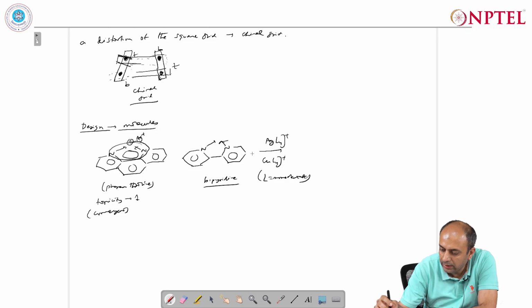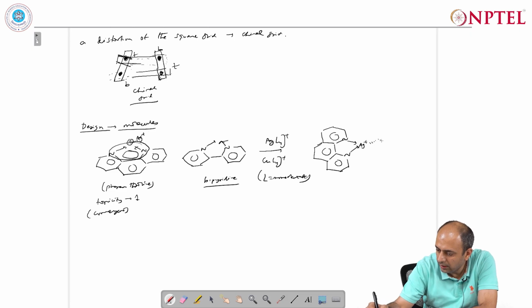So naturally the monodentate ligands will be displaced. The driving force will be the chelate effect, where we form the rings, and it will form now, so we have silver ion from here, and now this is a tetrahedral complex. So this will now form